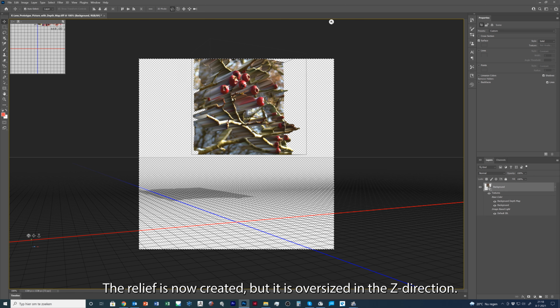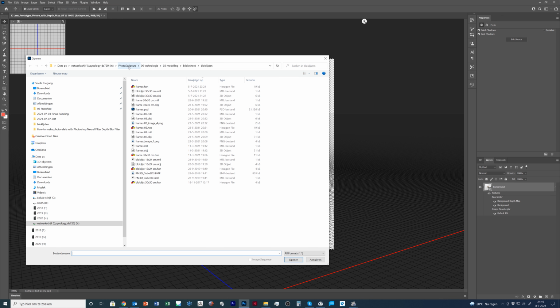Next is importing the wall with a square frame. Set the unit in the Properties tab to millimeters.